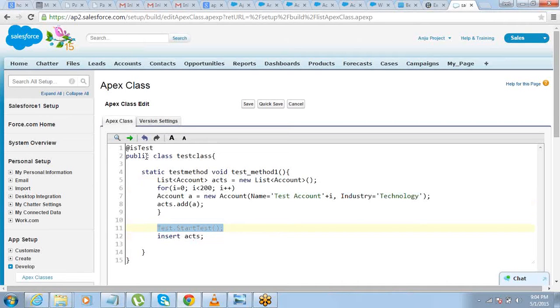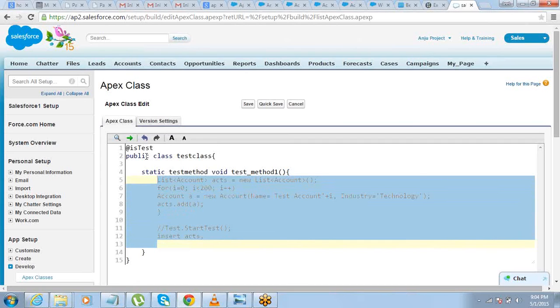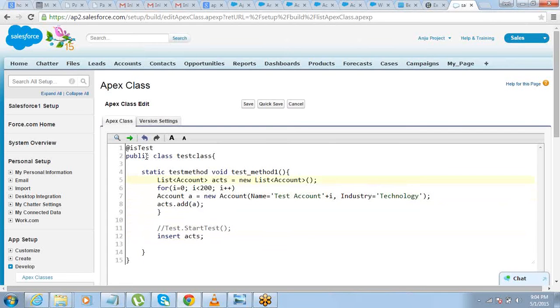So it's always a good habit to start the test where you could have. If you don't mention this, that's also fine. Okay. But then what will happen? This entire thing will get calculated under one transaction and your governor limits will get reduced, right? So if you have performed any DML operations or stuff like that here, that will affect this one, right? So we don't want that. So when you start the test, use this Test.startTest method, your governor limits are again refreshed. Okay, and you get fresh governor limits from here. Okay, so that's the reason why we do that.